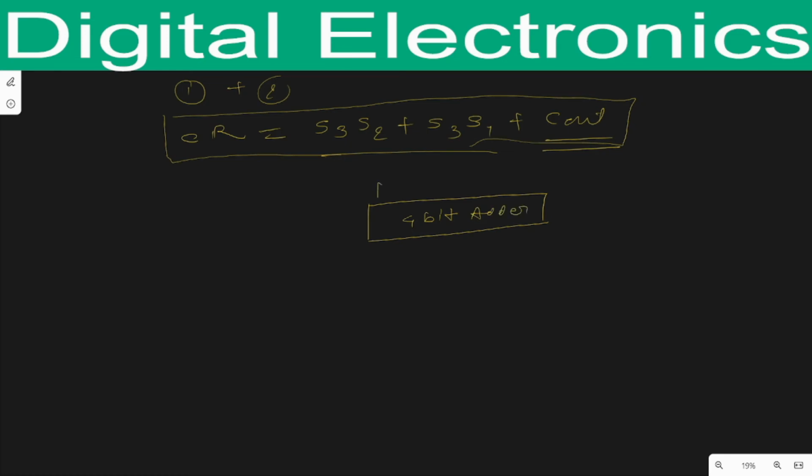This 4 bit adder will add two numbers of 4 bit, starting from A0, A1, A2, A3, and B0, B1, B2, and B3. Accordingly, it will provide output